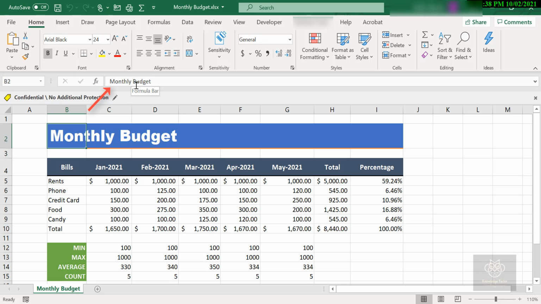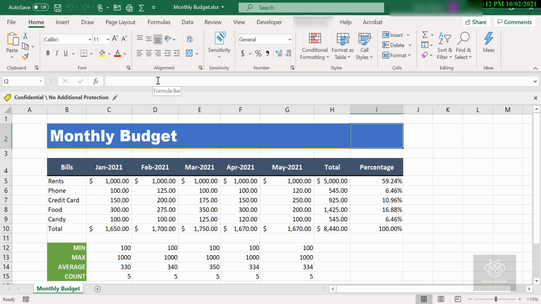But even though the text sits inside B2, I had to format all of these cells just for the style, just to make it look good. If I click into C2, D2, E2, F2, G2, H2, I2, or any of those other cells, the formatting is there but the text is not. It's blank. It's just formatting, and those are all still individual cells.